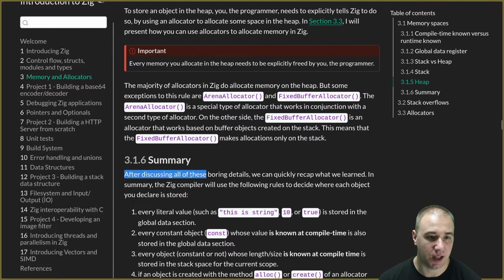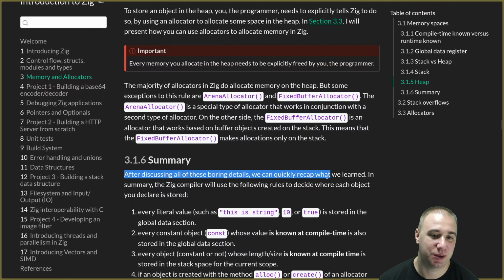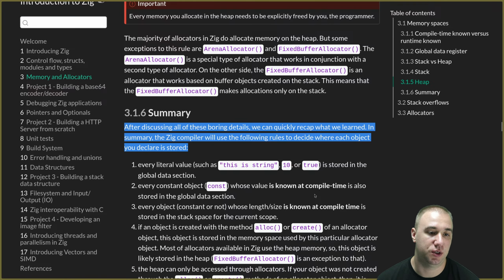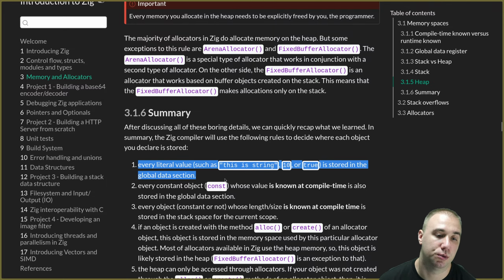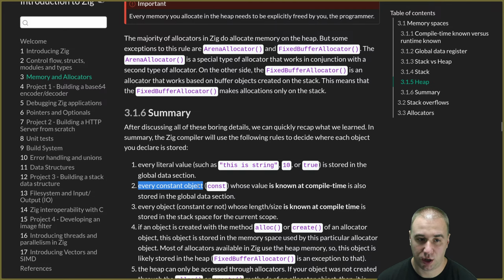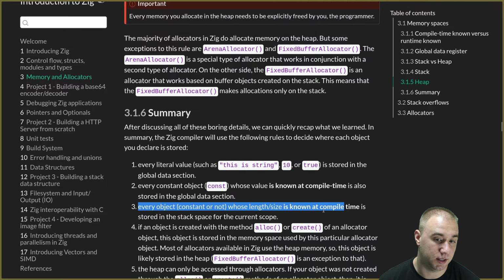Summary. After discussing all of these boring details, we can quickly recap what we learned. In summary, the Zig compiler will use the following rules to decide where each object you declare is stored. Every literal value, such as a string, 10, or true, is stored in the global data section. Every constant object, const, whose value is known at compile time is also stored in the global data section. Every object, constant or not, whose size is known at compile time is stored in the stack space for